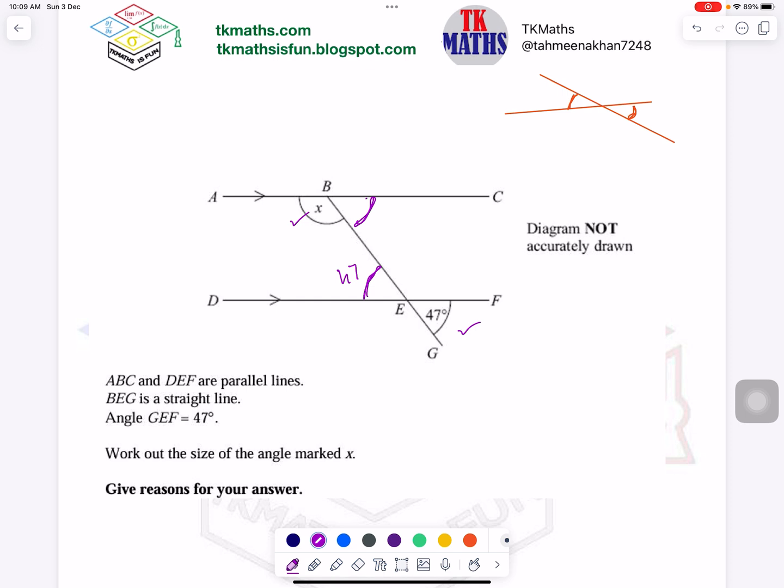Because question is saying give reason to your answers. So I can say initially, okay, let this be A, because diagram will be there on the paper. So you can say A is equals to 47, and you can write here vertically opposite angle. So you are telling the reason here. Then after that,